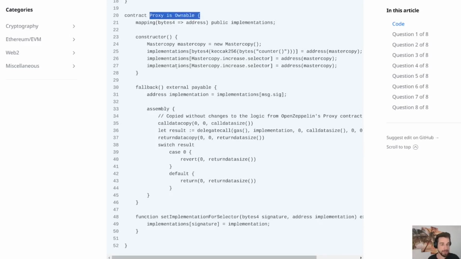And this proxy is a little bit special because here you don't just have one implementation that the proxy can point to, but rather you can have multiple implementations, and the proxy decides based on the function signature that is being called which of these implementations the call should be forwarded to. So this means that every time you want to execute some function of this protocol, you would just send your normal function request to this proxy, and then this proxy looks up the